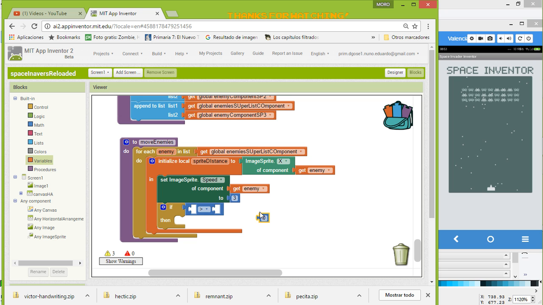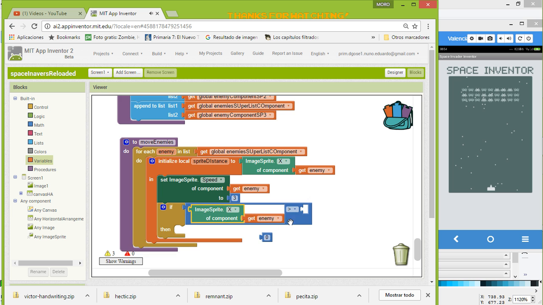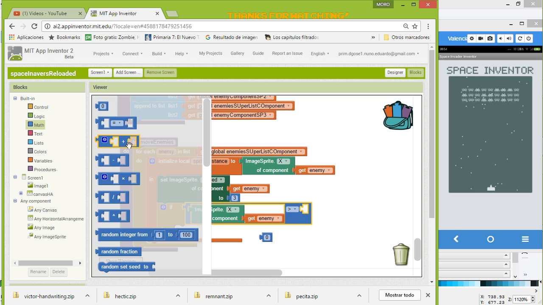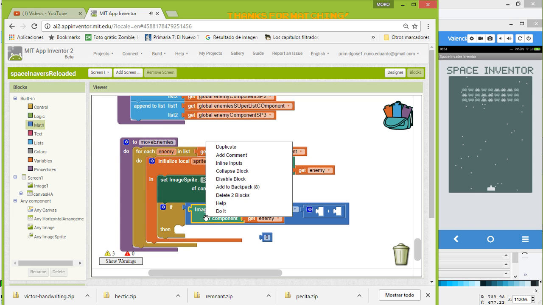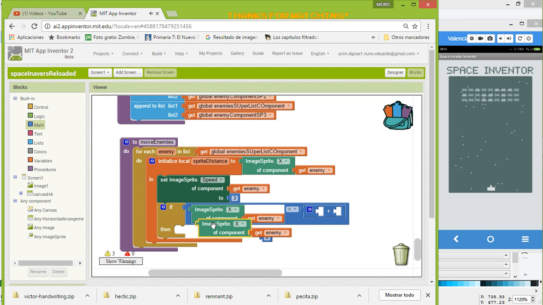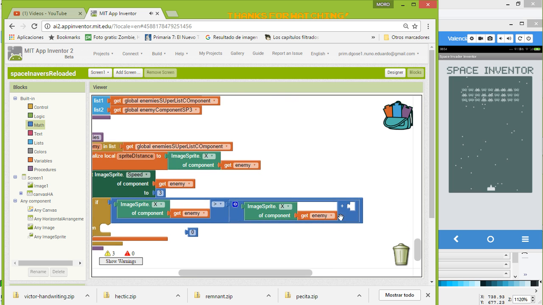Maybe that, I'm not sure. So now if this value is bigger than the same value plus 10, I guess 10 is too much, 9,